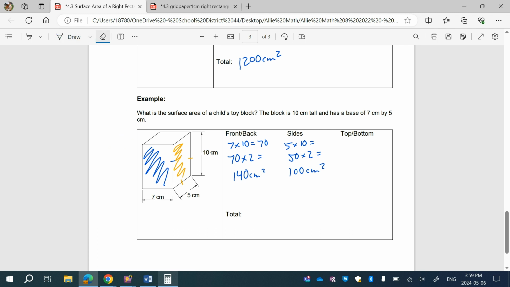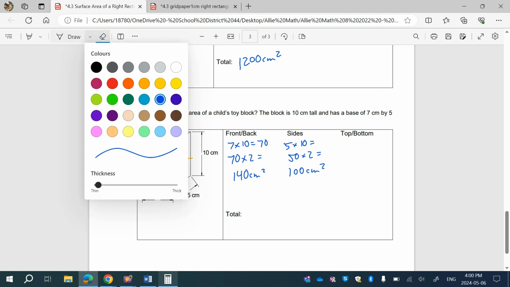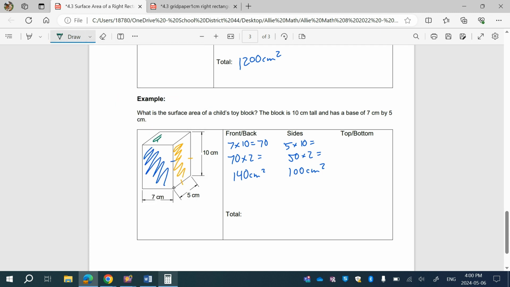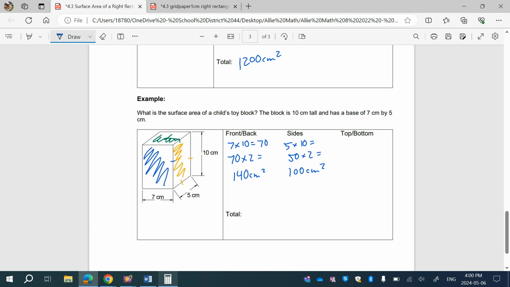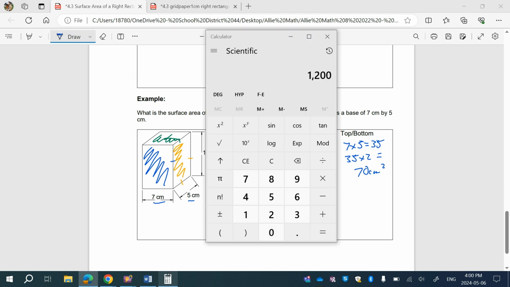And finally, we've got the top and the bottom. So top and the bottom, we got both of them. So that looks like it's going to be 7 times 5. 7 times 5 equals 35. Got the top and the bottom, so we're going to go 35 times 2, and we get 70 centimeters cubed. Now let's add them all up. 140 plus 100 plus 70 equals 310